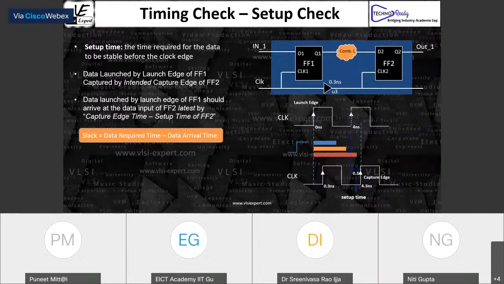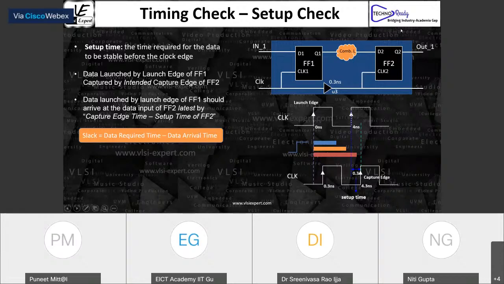So what is a setup slack and a hold slack? If you see the definition, from the equation point of view, or how you are going to calculate the setup and hold slack, basically there are two terms: one is the data required time, and another is the data arrival time.